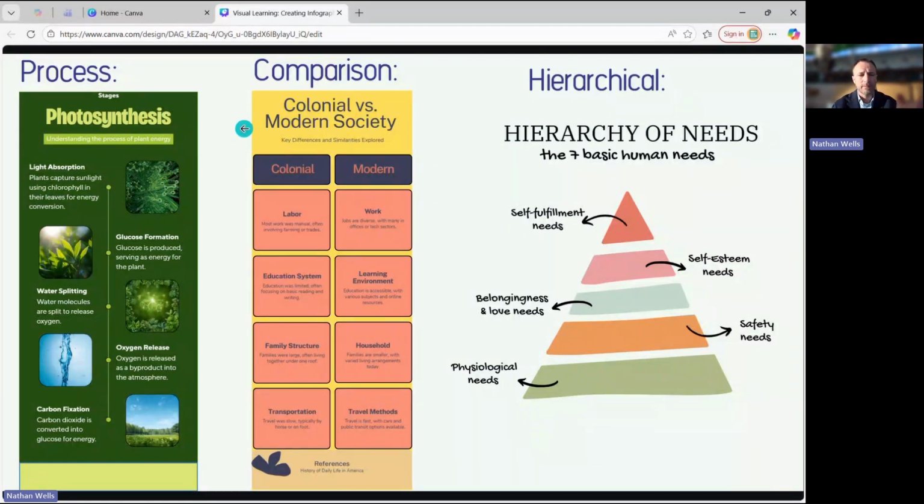So let's look at a comparison. So comparison, this could be like a Venn diagram, if you like Venn. Or I said it like it's a person, if you like that type of graphic. But I actually like these kind of columns. I think this is really helpful to have them right next to each other. So colonial versus modern society, labor. So work was more manual, involving farming and trades. Modern jobs are diverse with many offices and text, right? So you can see the differences and they're lined up so that visually they're easy to follow and easy to